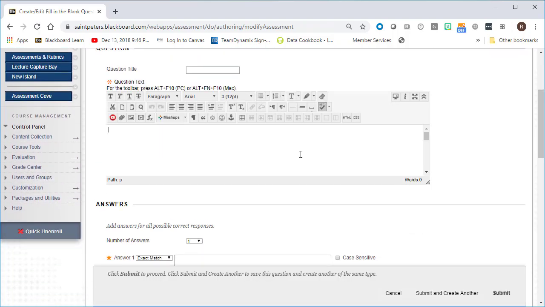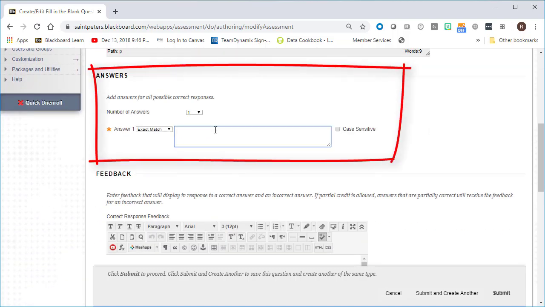A good example for a fill in the blank type question is asking for something that has a specific answer. For example, and this may be a very easy question, the name of the dog in Old Yeller was blank. Now that we've set up our question, we can set up the possible answers. Our first answer choice would be,